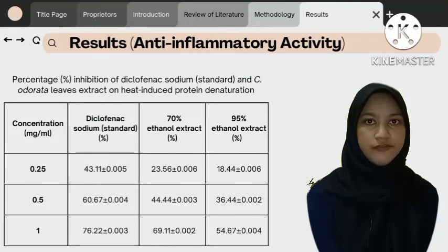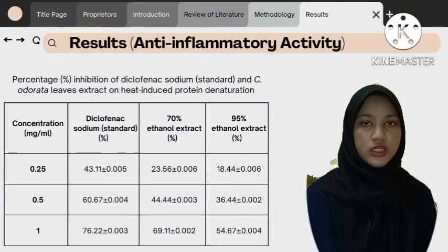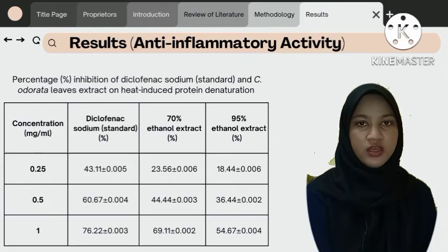The 95% and 70% ethanolic extracts of C. odorata had an anti-inflammatory effect on protein denaturation at all concentrations, but with different percentages of inhibition. From the result, it was shown that the 70% ethanol extract of Chromolaena odorata leaf was more effective than the 95% ethanol extract, since the percentage inhibition of denaturation for 70% was higher at all concentrations. However, this activity was not as great as the anti-inflammatory activity of diclofenac sodium. Even though the sample extract has lower anti-inflammatory activity compared to the standard, it still has the potential as an anti-inflammatory agent, since there is only a slight difference between the 70% ethanol extract at a concentration of 1 mg per ml